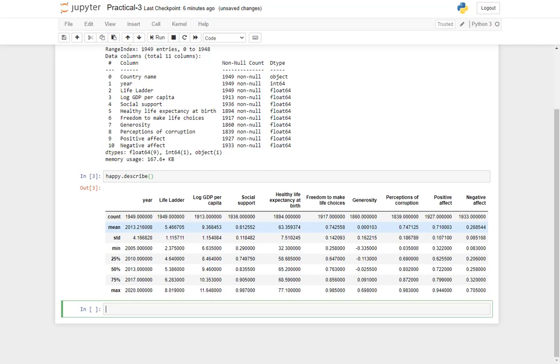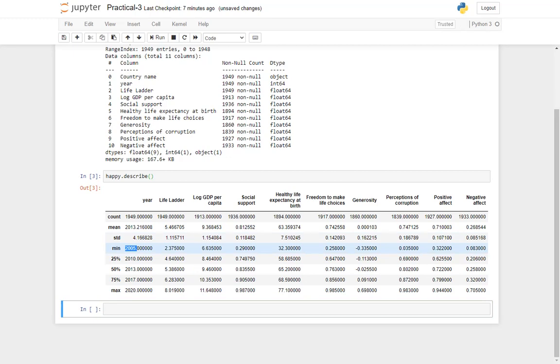This will only work for those columns which have statistics. Now these statistics may not be useful for all types of columns. Let's say for year, finding the mean or standard deviation does not make any sense. But yes, minimum and maximum do make sense.